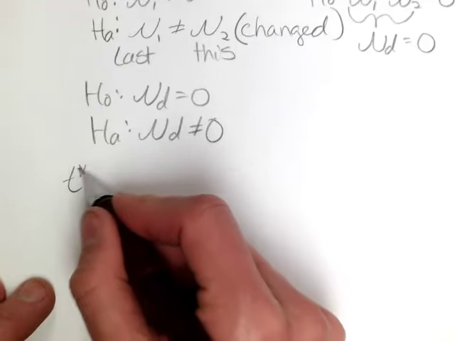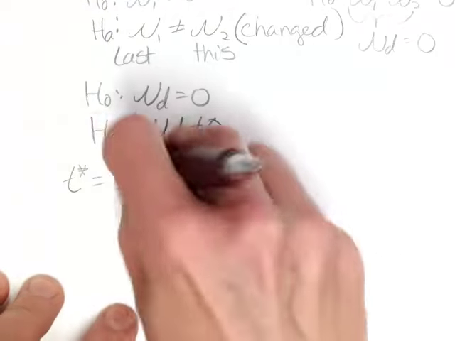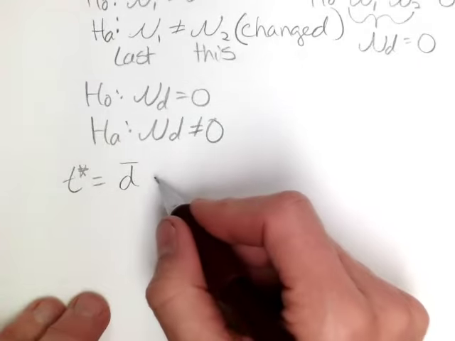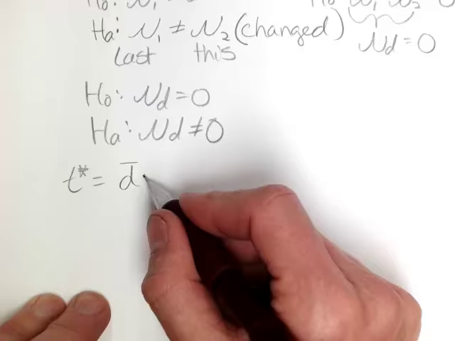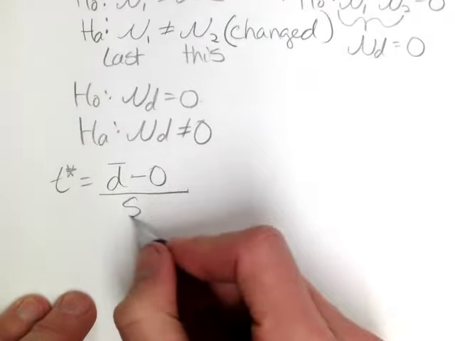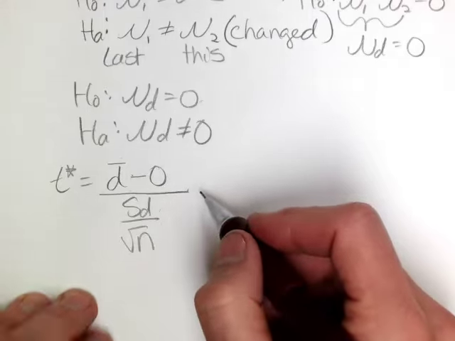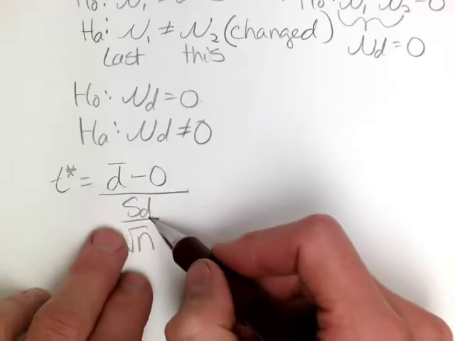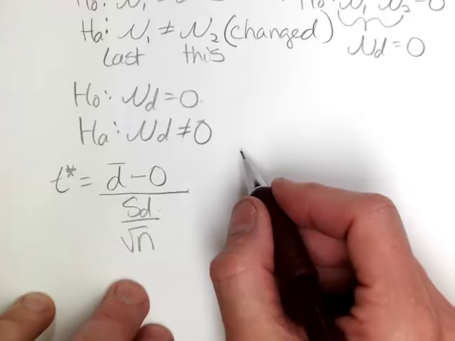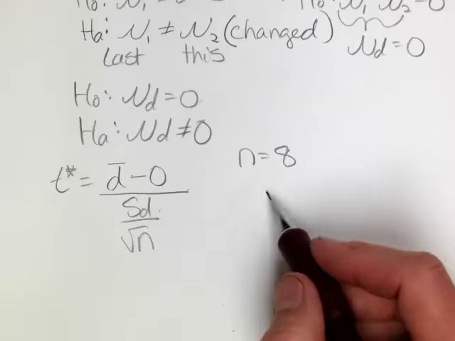Remember, it's the observed average difference minus the claimed difference, that's going to be 0, over S sub d over the square root of n. So what we're going to need in this problem is d bar and S sub d. Now n is the number of pairs, so that's going to be 8, and I can go ahead and find d bar